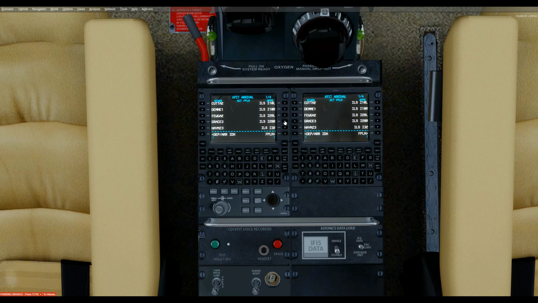We'd be choosing an ILS for 28 right, for instance, with a transition called NASTY, and we'd want to use the FUGA standard terminal arrival route with a transition with the VOR CTW. I know all this from looking at it ahead of time. Then we click the flight plan execute there, and now when we go to the legs, you'll see that everything is here, and next will take us to the next page and the next